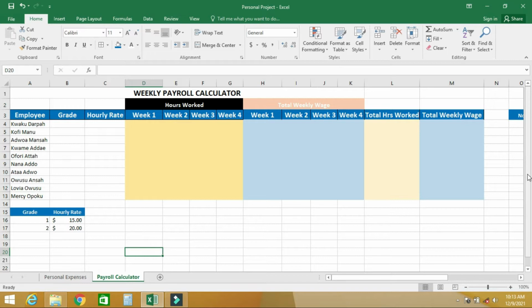Welcome once again, and in this project we are going to use Excel to create a simple payroll calculator. So we have records for these employees and we want to find their grade, and depending on the grade that we select, we will get the hourly rate for the employees, and this is the grade and hourly rate chart. So first of all, we will create a drop down list for the grade